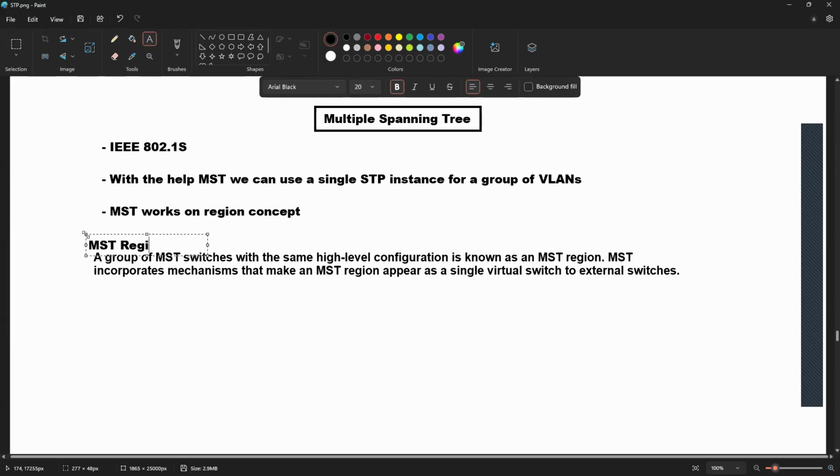An MST region is nothing but a group of switches which are running MST. And there are some criteria for having a region also, that means what switches will participate in the MST region. So if we talk about MST region criteria,